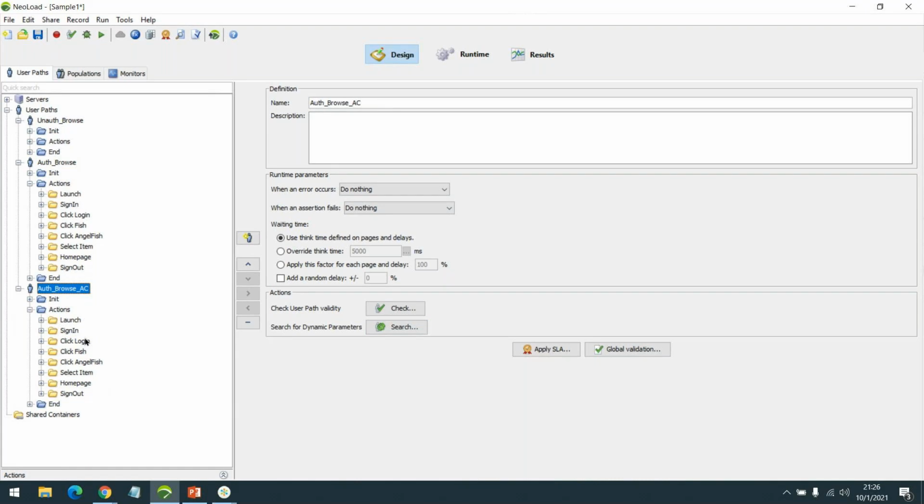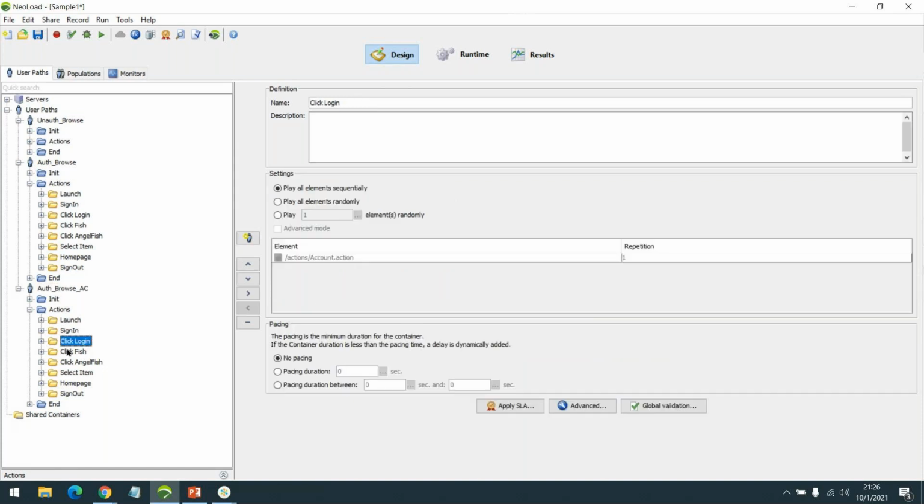I'm just asking to understand what is behind the correlation. Is the correlation only for one scenario, which means the click login, and NeoLoad does the correlation between two user paths? I just want to understand what they call correlation.